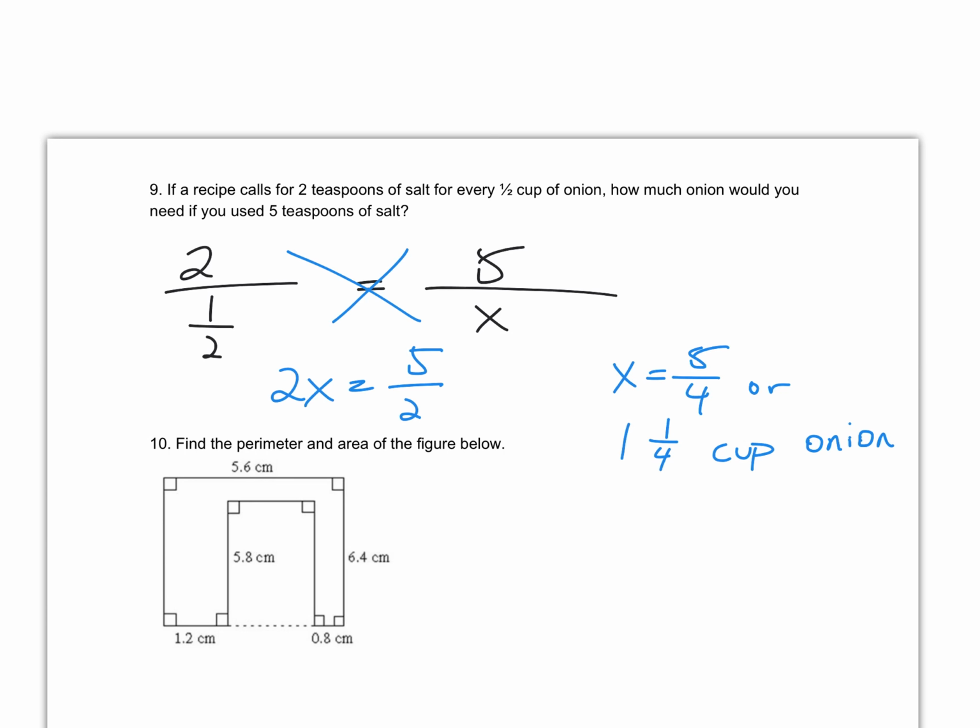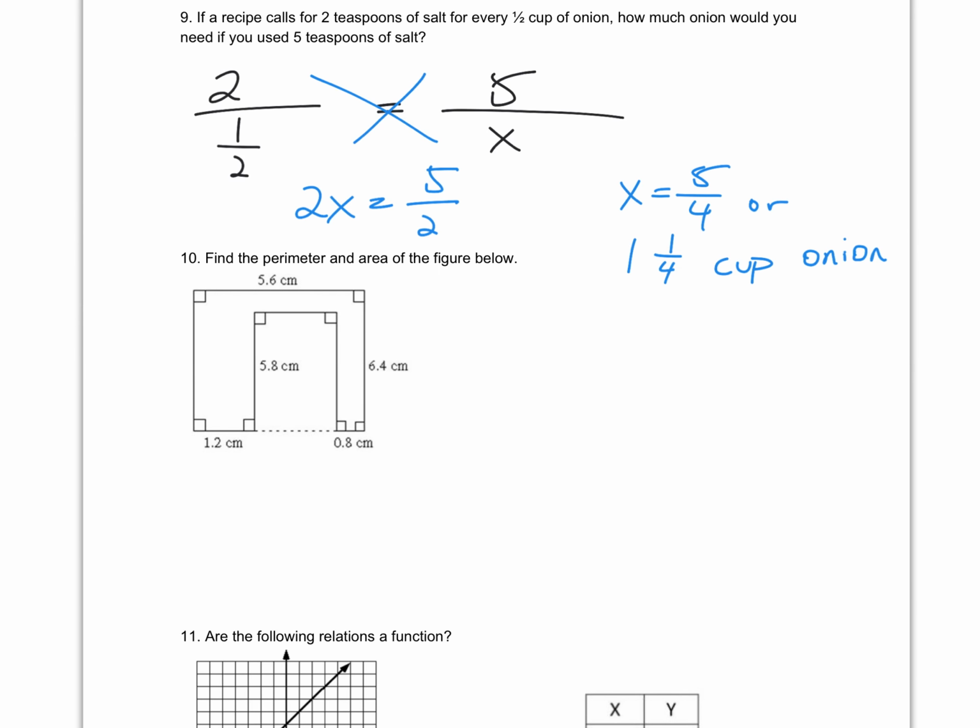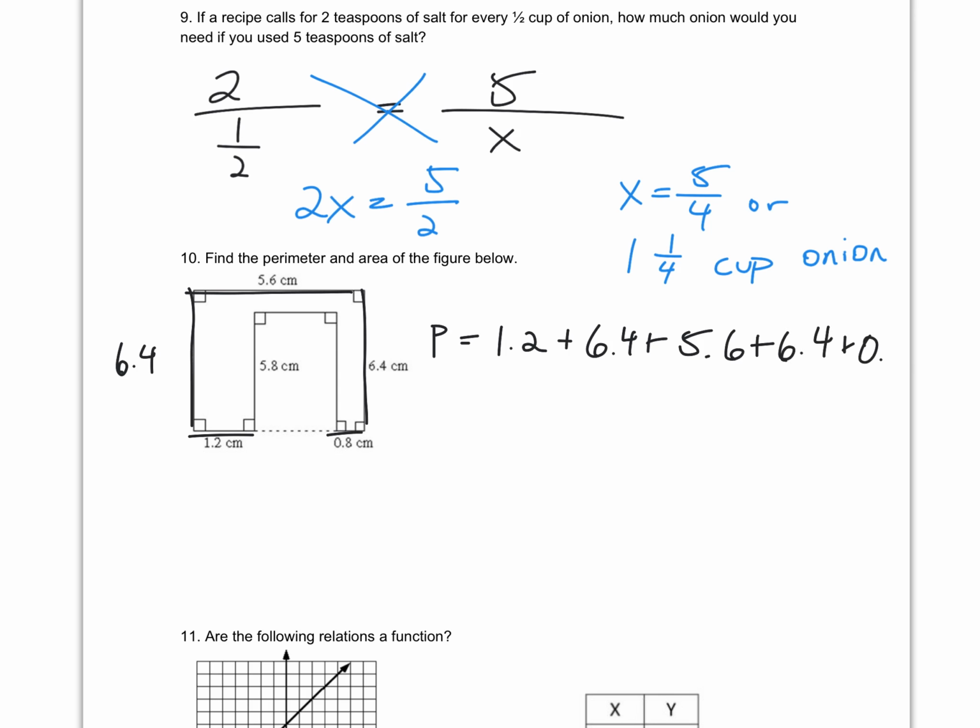Okay, our next question, find the perimeter, find the area. Remember, perimeter is add up all the sides, find the sum of all the sides. So let's see if I got all these sides here. I'm going to start on the bottom, 1.2 plus, this should be 6.4, that's the same as the other side, plus 5.6 plus 6.4 plus 0.8 plus 5.8 plus, well, this